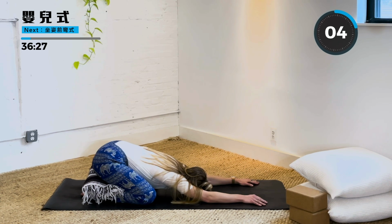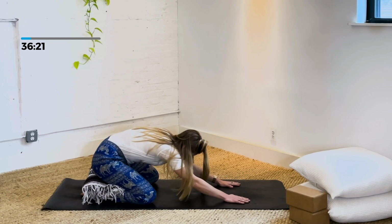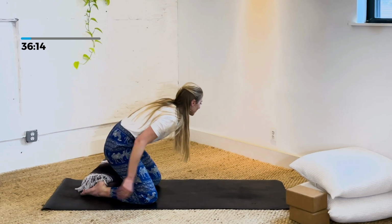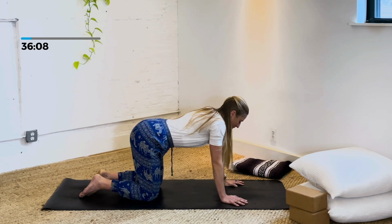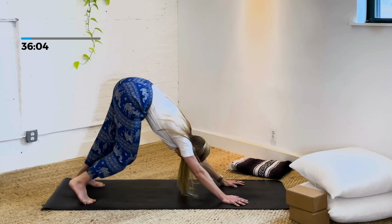Take one final inhale here in child's pose, and on your exhale, gently press yourself to sit up. Remove the blanket out from your legs, place your knees on the ground, and find a little movement in your spine. If you feel up for it, lift your hips up and back into downward dog,